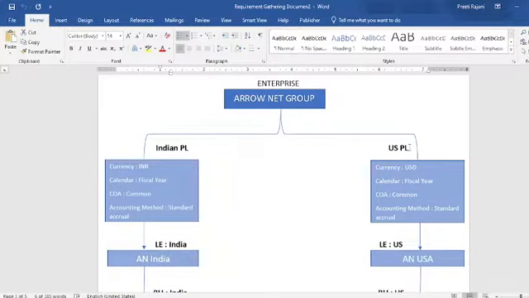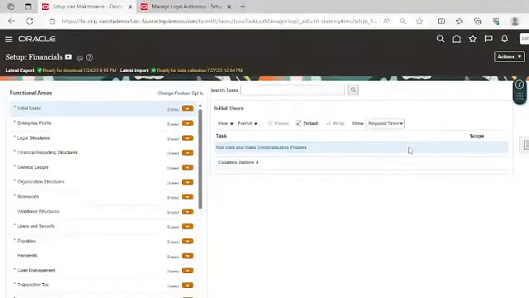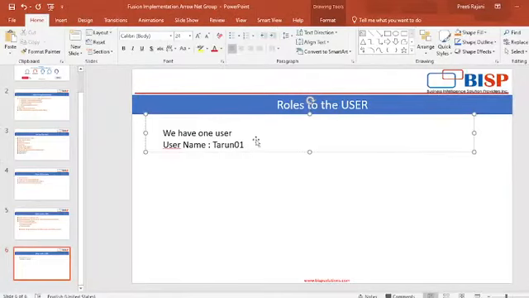In our yesterday session we have seen how we have given the data access to one user, and we have provided the data access only for one ledger at a time, but we got a requirement from the Aeronet group that they need to provide the data access for both the ledgers to this user, that is Tarun01.